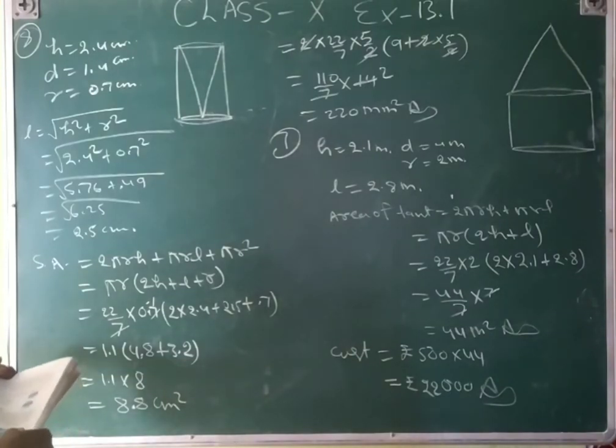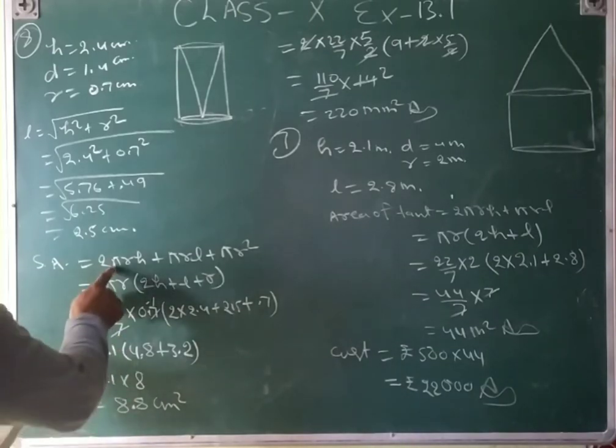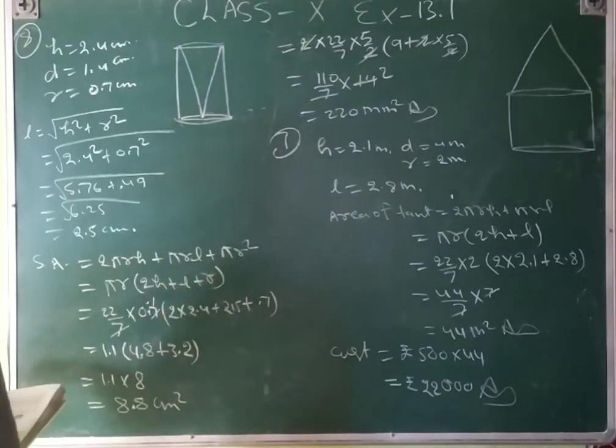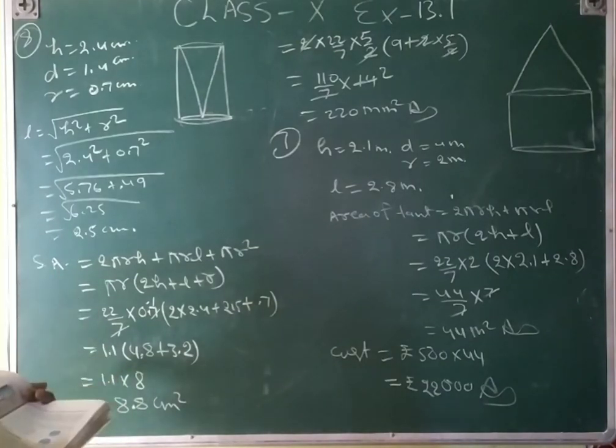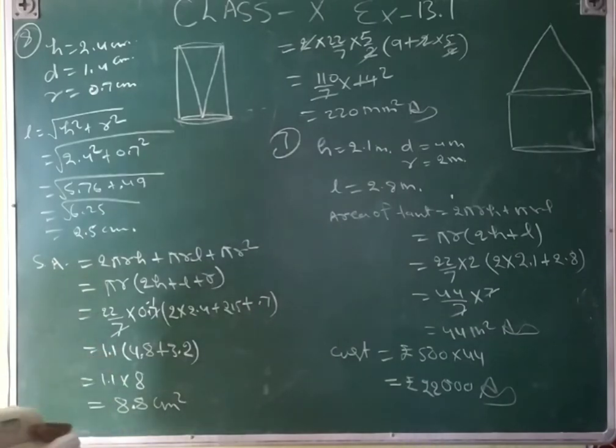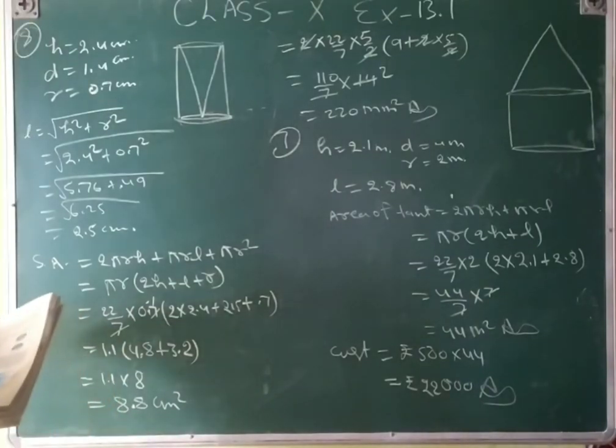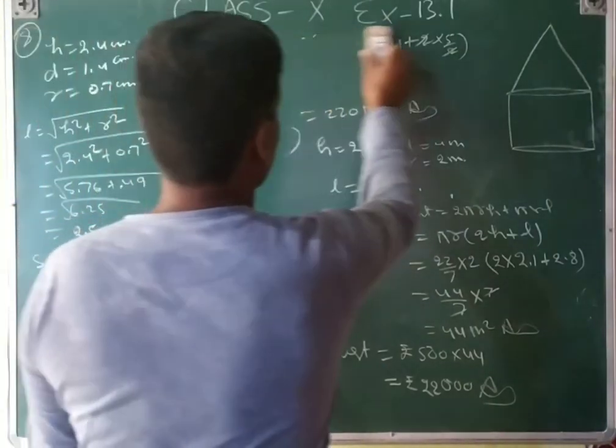How will it be? Again see, from a solid cylinder whose height is 2.4 and the diameter is 1.4, a conical cavity of the same height and the same diameter is hollowed out. Find the total surface area, yeah, everything is okay. So where 2 pi r is common, so 2h is left, pi r common, L is left, pi r common, R is left. So that 7 5 3.2. So you can see the calculation and write the answer. Write the process. And then ninth question.